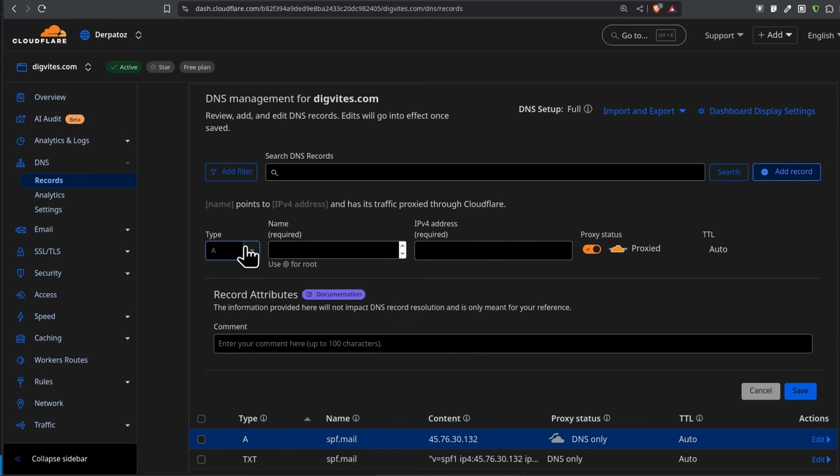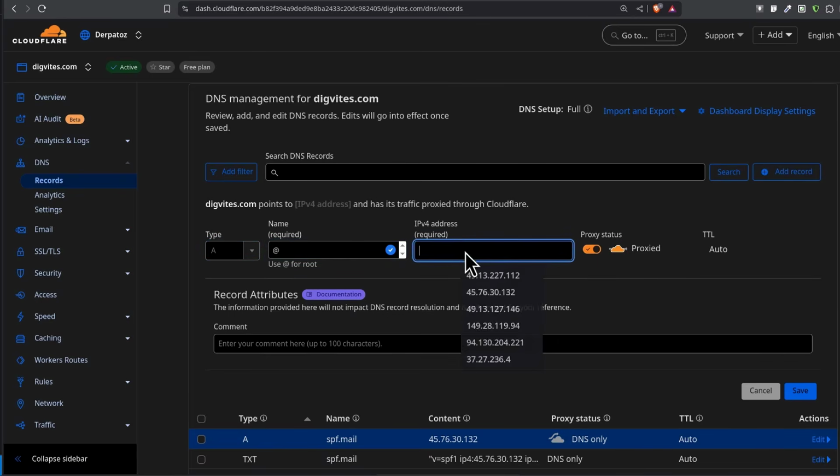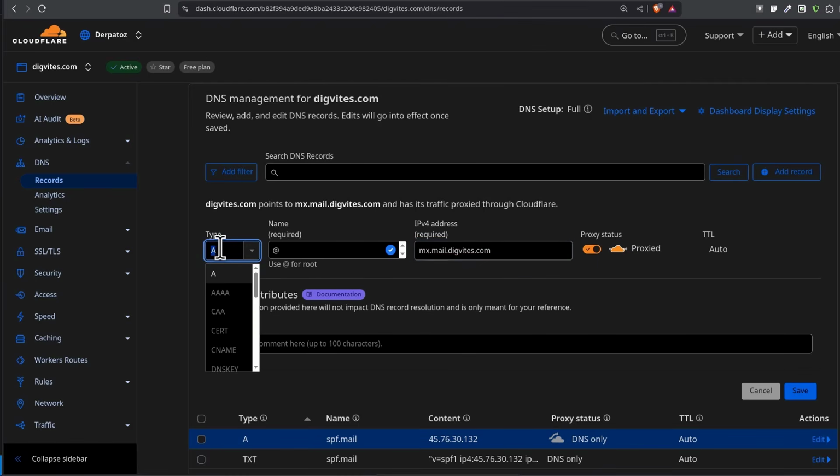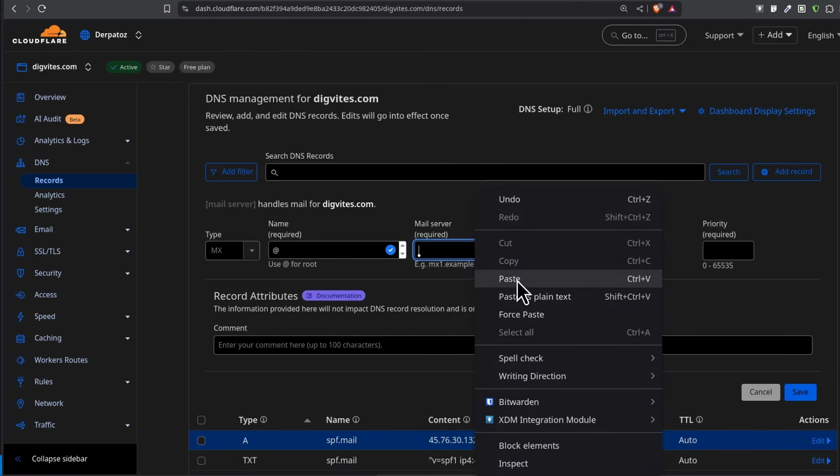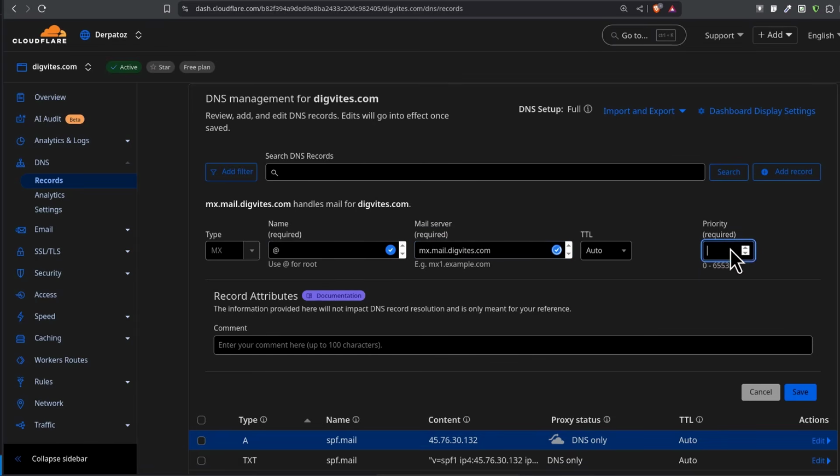Add record, MX, and we're going to add at the root level. Paste. Is this really an MX? Why am I not seeing the MX features? All right, so at the root, and then paste, and we're going to give it a priority of 10, and then we're going to save that.